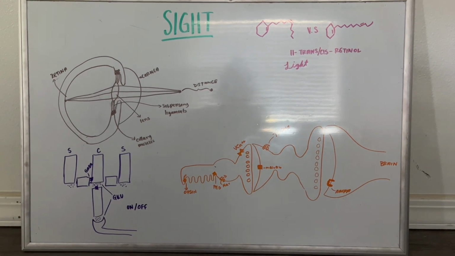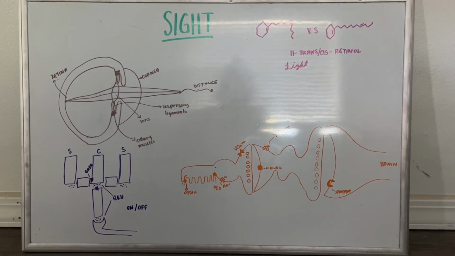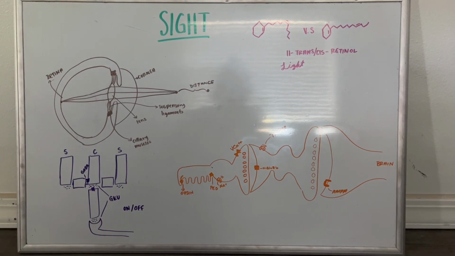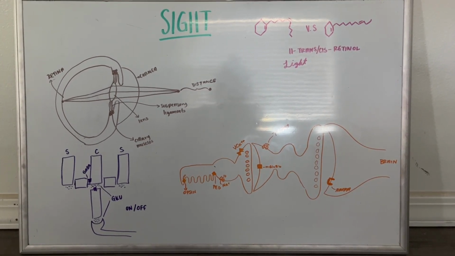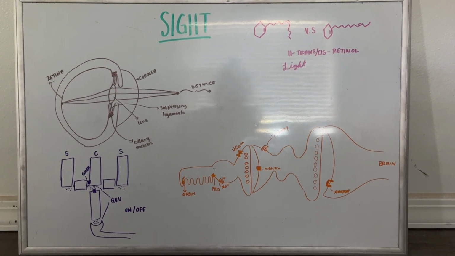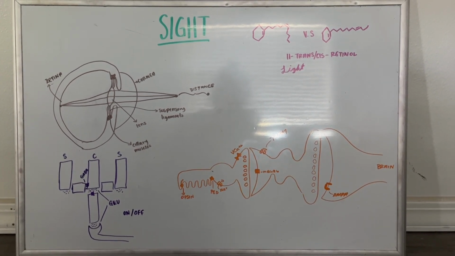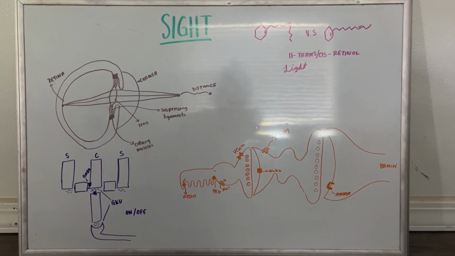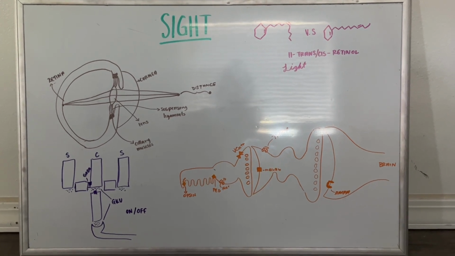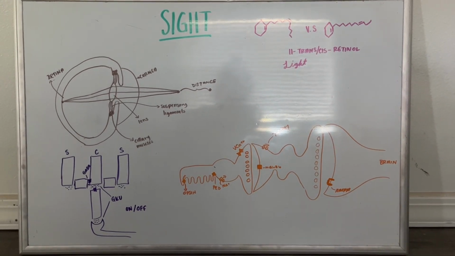Cones are responsible for color vision and sharp vision. There are about 6 million cones per eye. Cones are less sensitive than rods and require more light, making them effective in full daylight. There is very little convergence in cone circuitry, allowing for very sharp vision, especially in the fovea centralis, where only